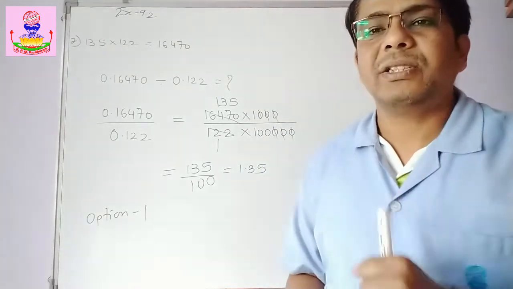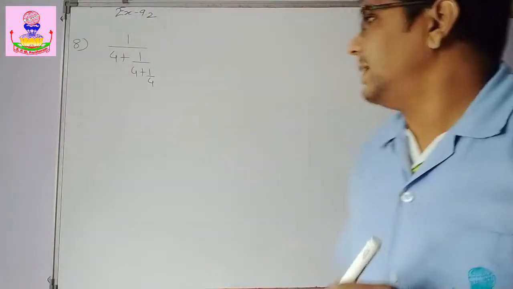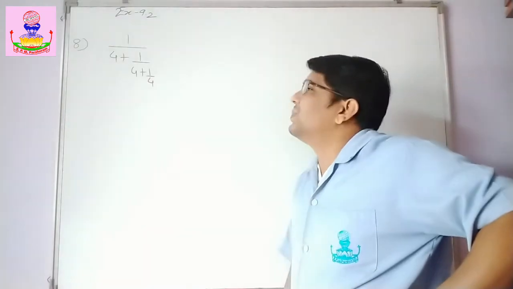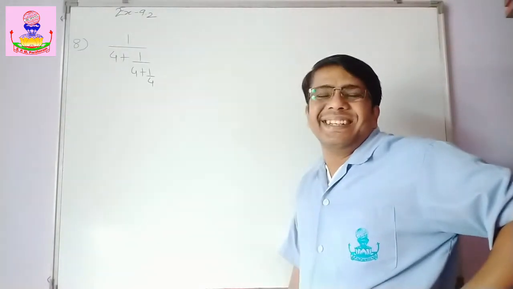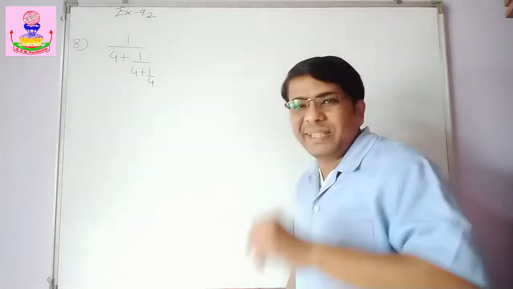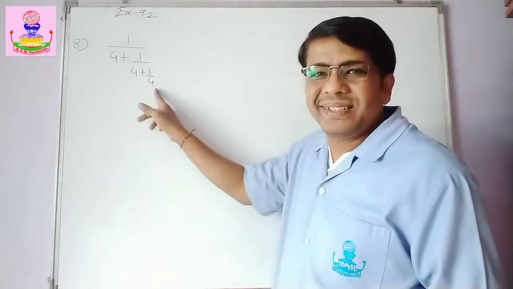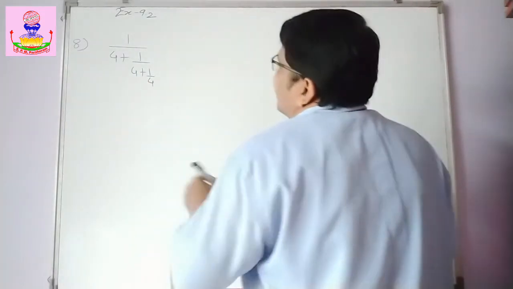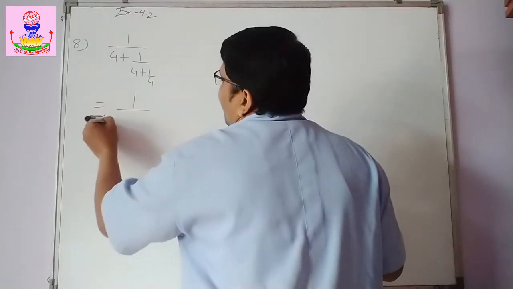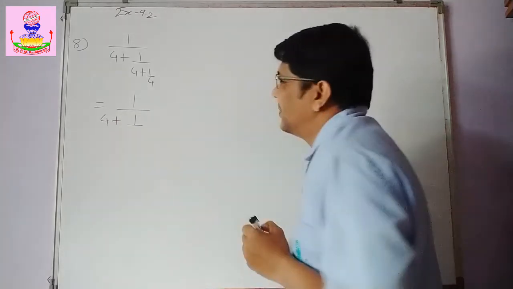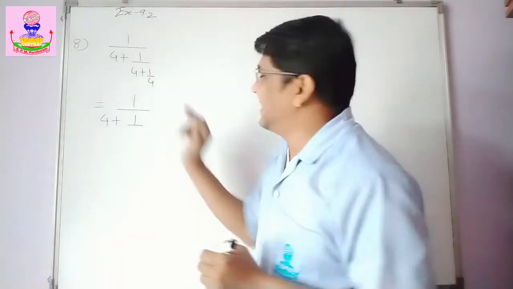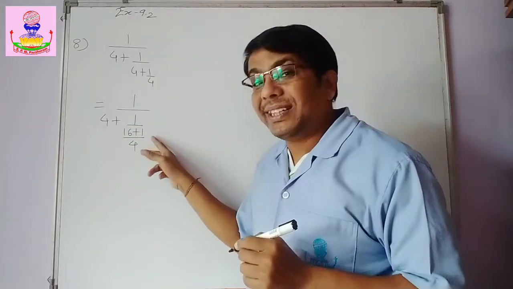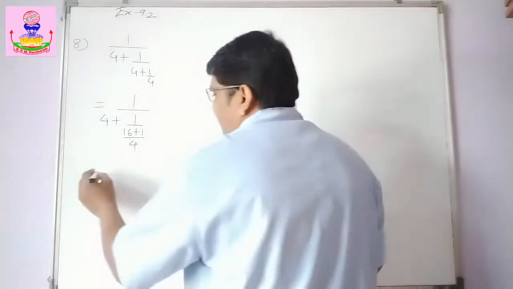Now, next example, the 8th one. Now see, this is the 8th example: 1 upon 4 plus 1 upon 4 plus 1 upon 4. Bit complicated? It's not. Follow the basics. Start from the lowest level. Go for equalization. You will get the answers for that. See here now. See what to do. So 1 upon 4 plus 1 upon... Okay. Now here 4 4s are, yes, 16. So 16 plus 1 upon 4. Just for your understanding I am showing this. Right. Now see.